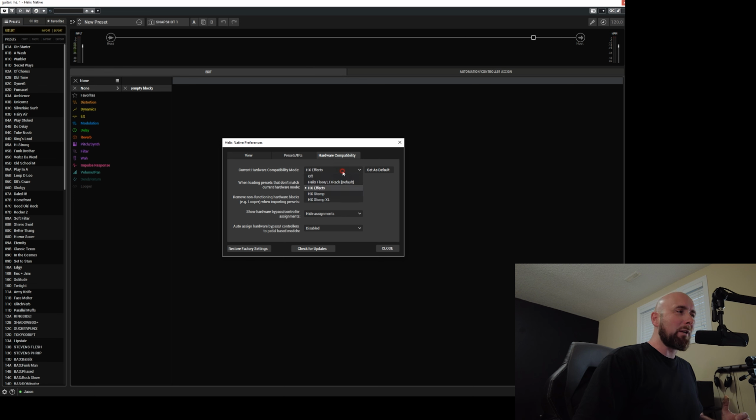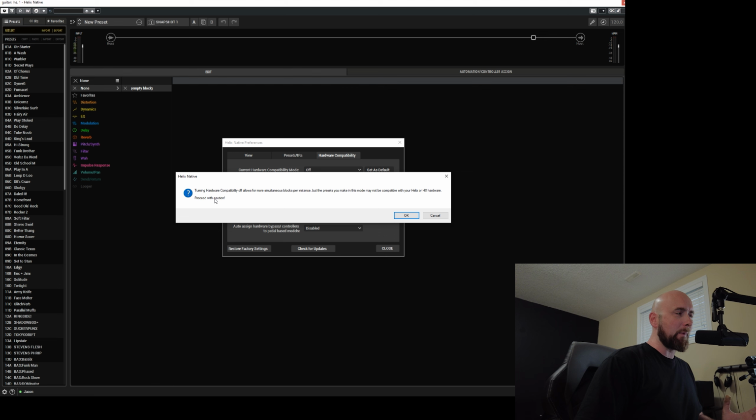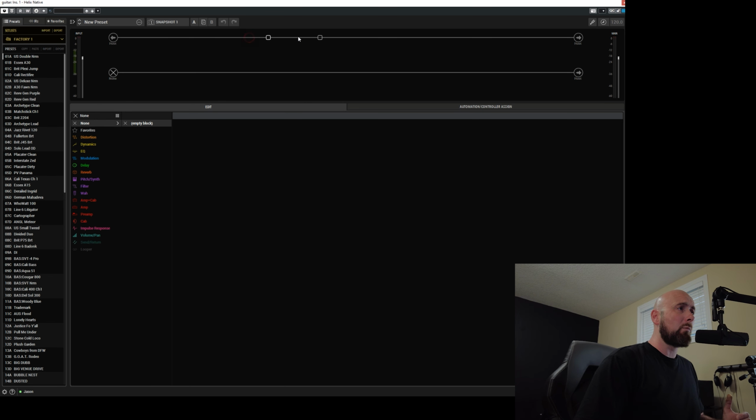There's a really interesting mode, though, which we have off. Now, it gives us another caution message: turning hardware compatibility off allows for more simultaneous blocks per instance, but the presets you make in this mode may not be compatible with your Helix or HX hardware. Proceed with caution. Again, I get all of my normal blocks up here, but now something like poly pitch,